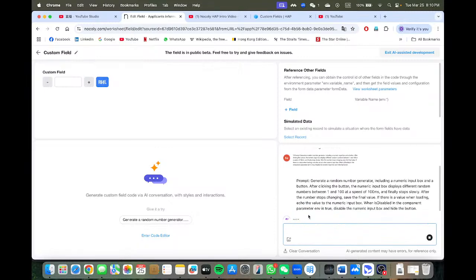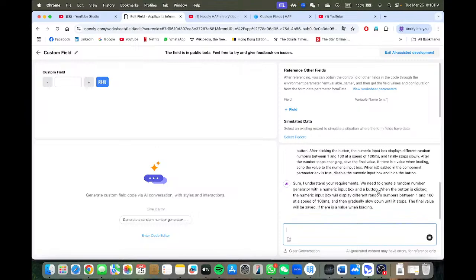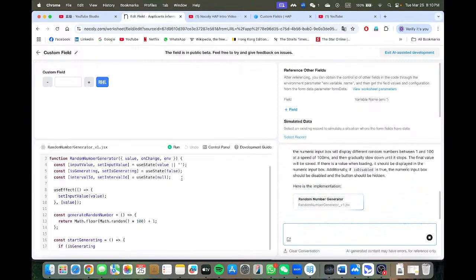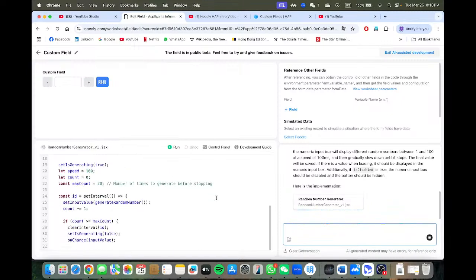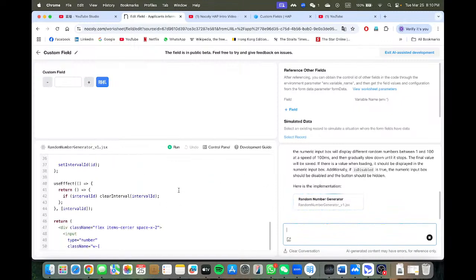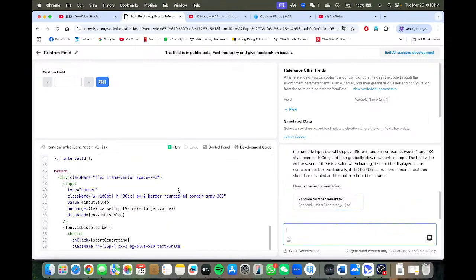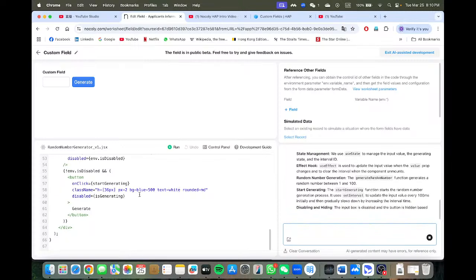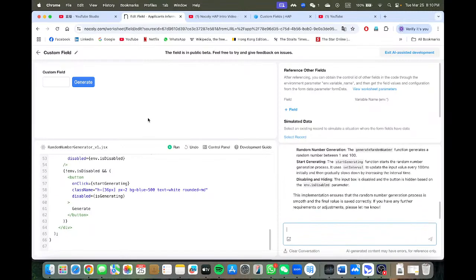So I press enter first. The AI will understand my requirement, and because this is a very specific requirement, the AI will try to actually follow my requirement. And in here, the output is already generated. Let's say I press the generate button here, and it will actually try to create a random number, and for this one it is 19. And then I test again,